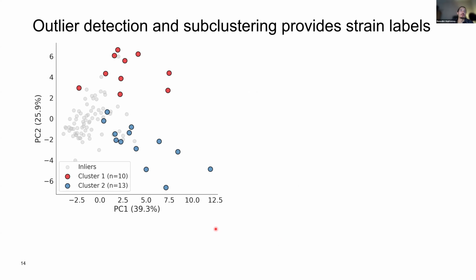And this gave us those 23 strains in total, which can be considered as outlier strains. I then also did a clustering on those outlier strains, and I found two very nicely separated phenotypic signatures on the strain level. So this is cluster one and cluster two,